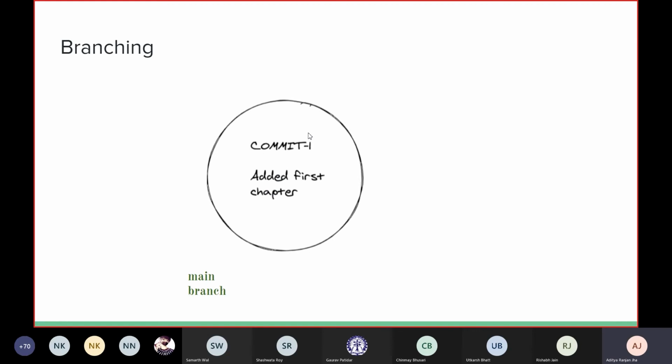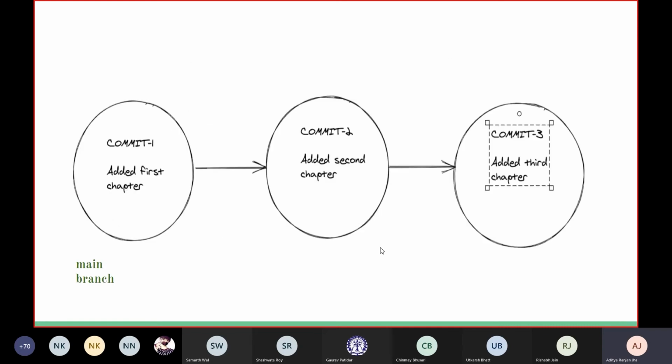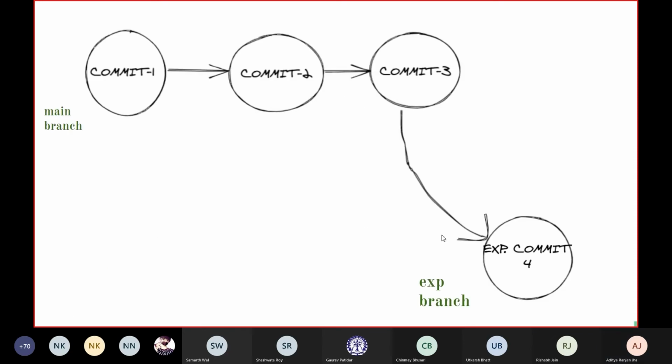Now how does it happen? I'll explain with a Venn diagram. Since I was carrying on with the book example, I'll carry on here with the book example. I made my book folder, I added the first chapter here and committed it. Then I added the second chapter, then the third chapter. Now my friend says let me help you in writing your book. So I told him okay, I'll give you a branch. I grow a branch, I create a branch,